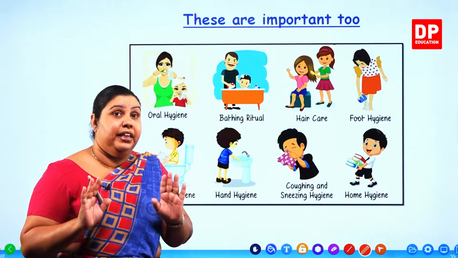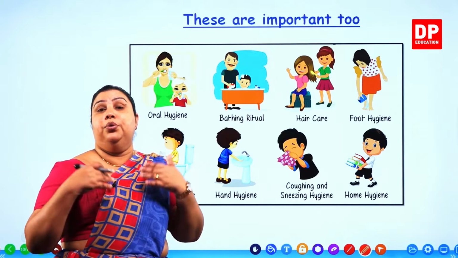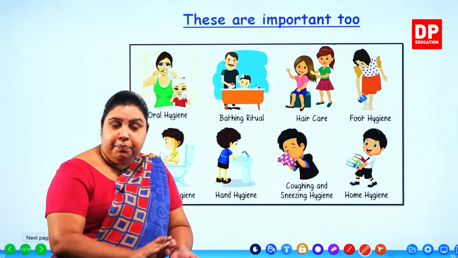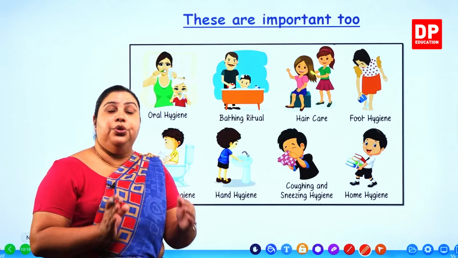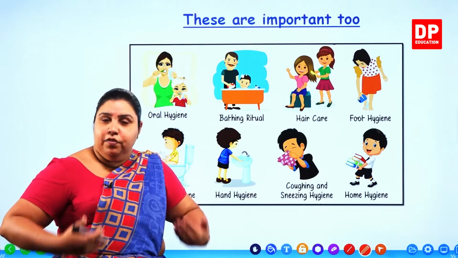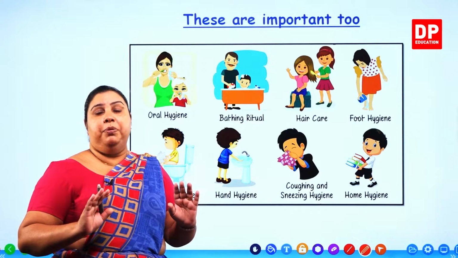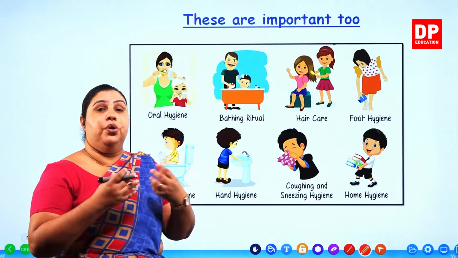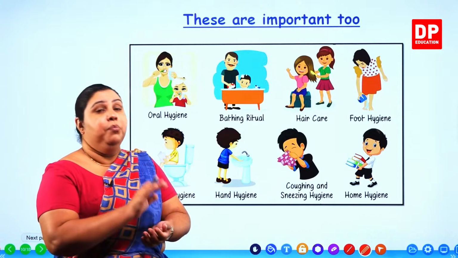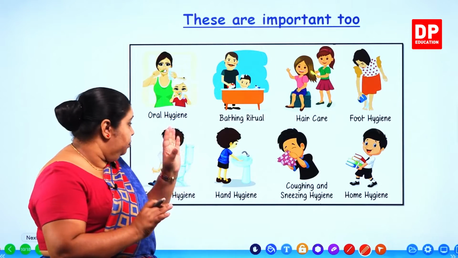You have to be very clean during the process that you use your washroom. You must keep it clean. Don't wet the floor. Once you use the washroom, wash your hands, wash your body parts properly, and if you're using tissues or anything, you have to dispose them, put them in the correct place, flush the